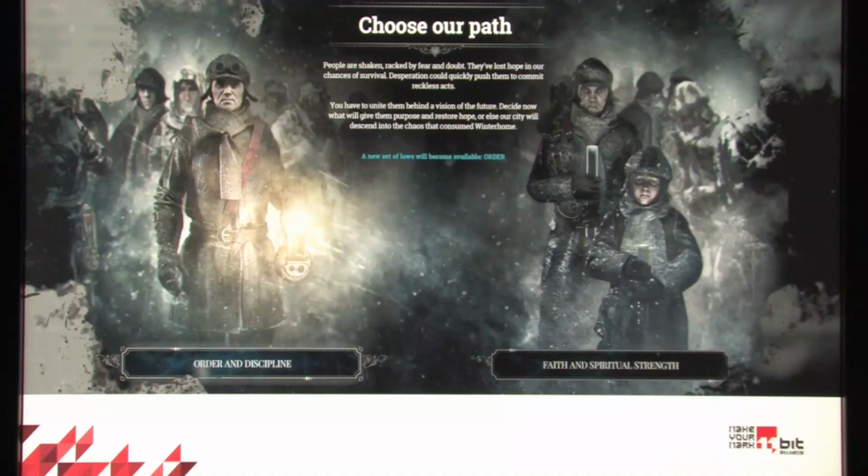During the game, a regular CTA is not enough to make an important decision, and you need a special full screen CTA, which can also change everything in your game. Like here, we have to choose the path of your city, like Order or Faith. From the illustration point of view, it's very important to present the situation in such a visual way as to inform the player about the seriousness of the decision.